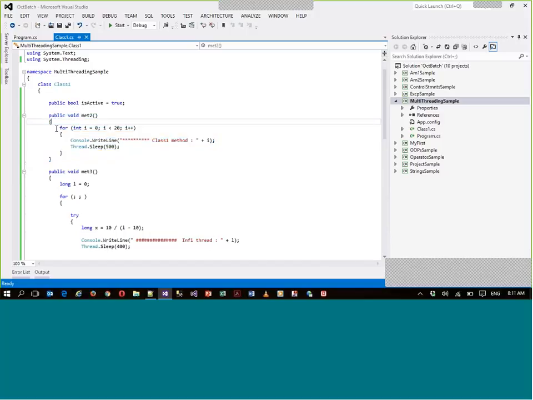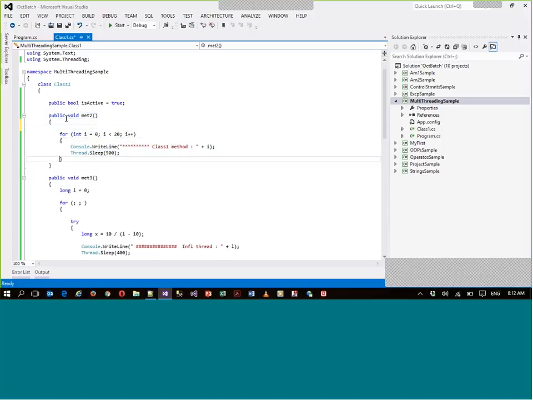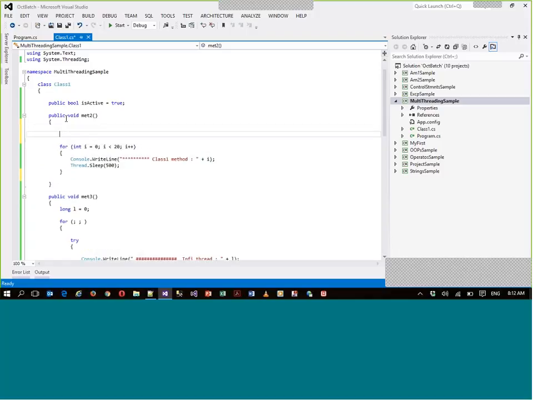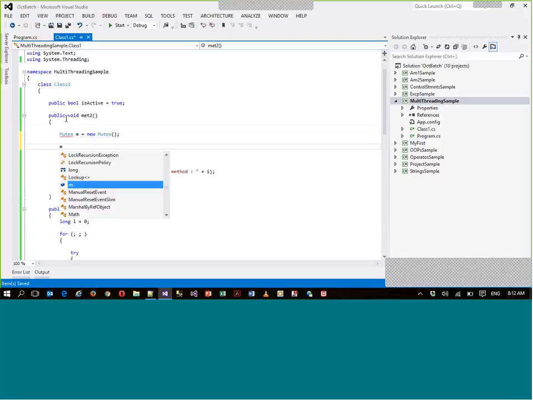So for that reason, what we can do is lock this method for every thread. Let's say 3 threads are hitting it. Until one thread's execution is done, we can keep the other threads waiting. In order to do that, you can lock this. Locking is possible in this way. We can use something called mutex. Mutex is a class which can be used to lock a certain piece of code, and it will not allow other executions to happen until you unlock it. Let's say m is equal to new mutex, for example, and I'll say m dot